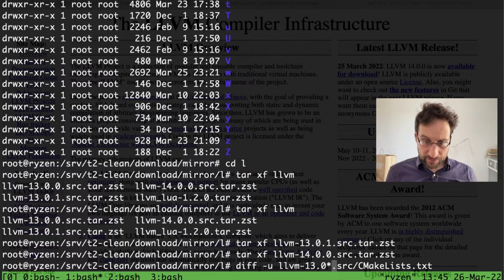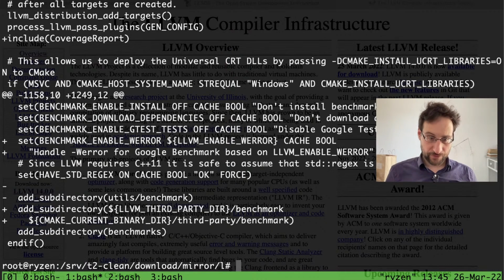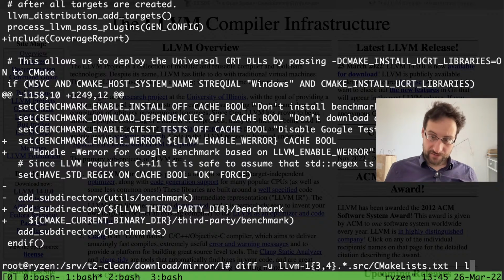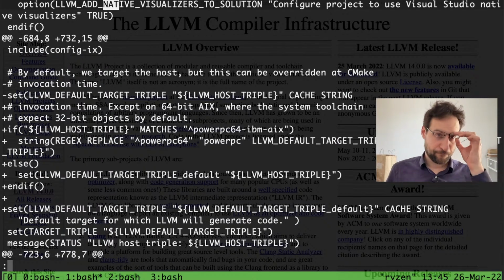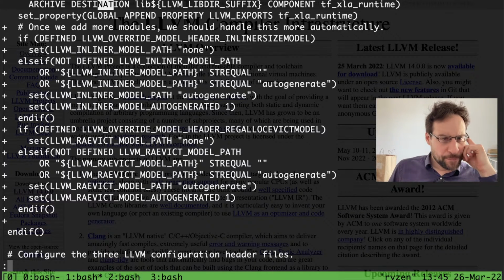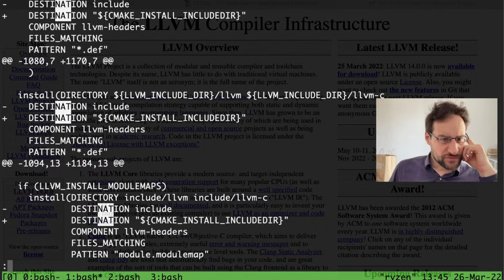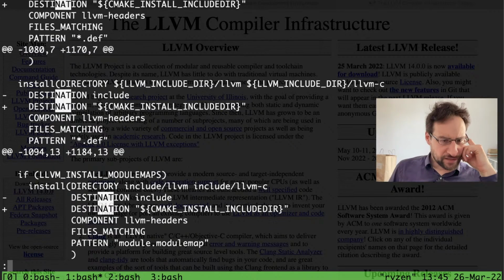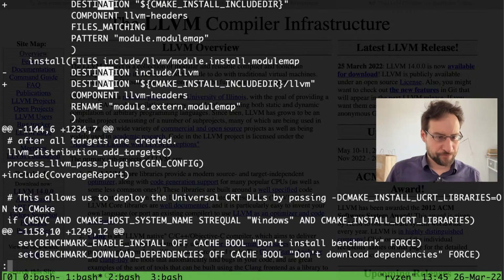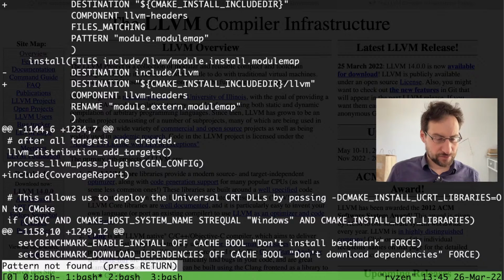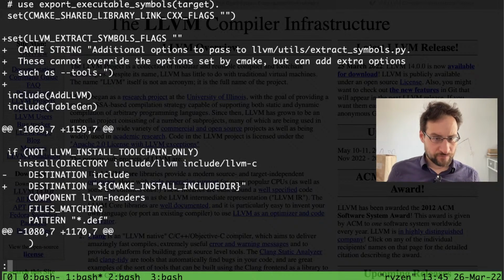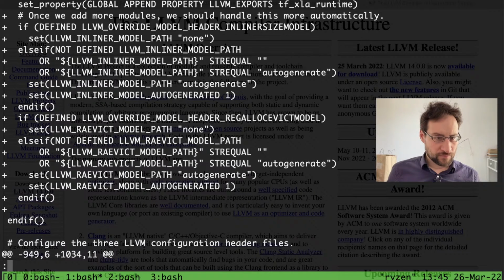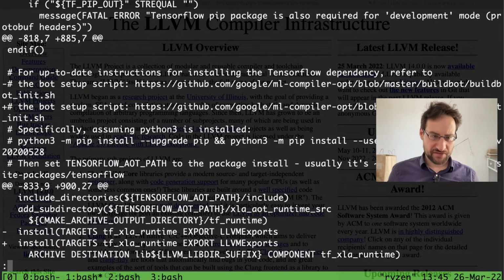Let's do it like from 13 to 14. And let's patch that to like native or destination. So I'm diffing to get an idea what's going on here. What was it? Cross or where was it? Somewhere. So yeah, that is the thing, right?